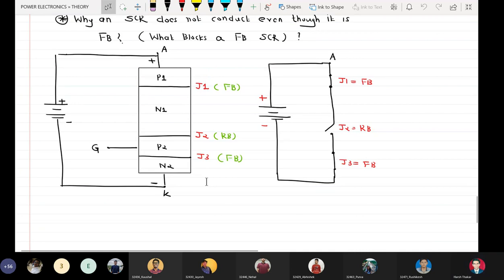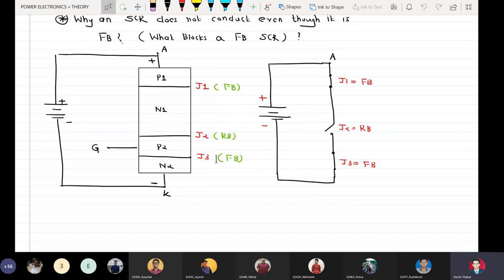Now forward biasing of SCR, although we say so, internally, because there are 3 junctions, the biasing statuses are different. In case of a simple diode where there is only one PN junction, when anode and cathode terminals are connected to plus and minus plates of the battery, we say that the diode is forward biased. The entire diode is forward biased because there is only one PN junction. But this is not the case with SCR. We see here, according to the connections made to the battery plates, J1 is FB, J2 is RB and J3 is FB.